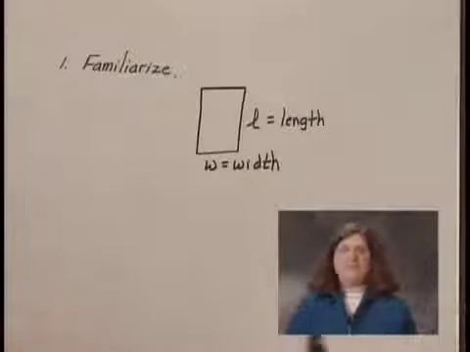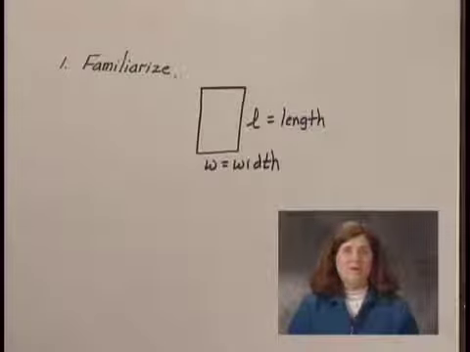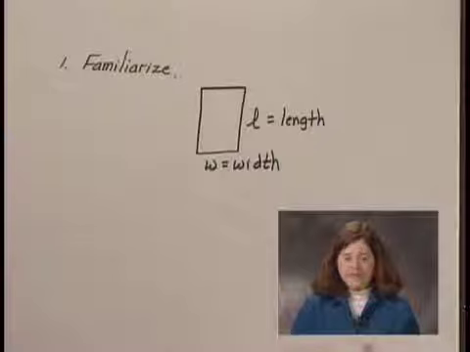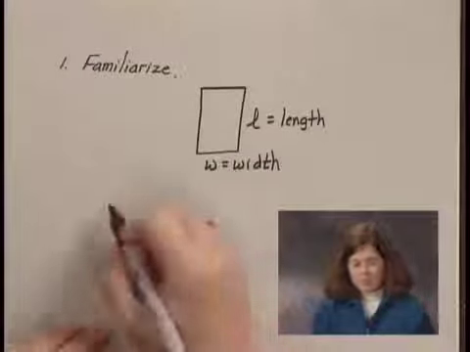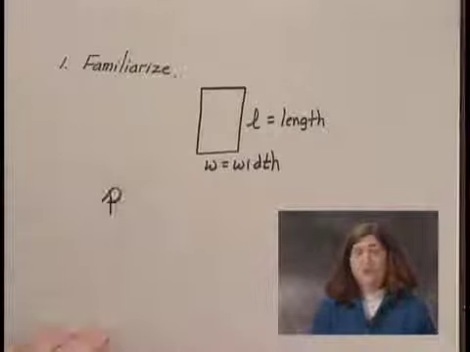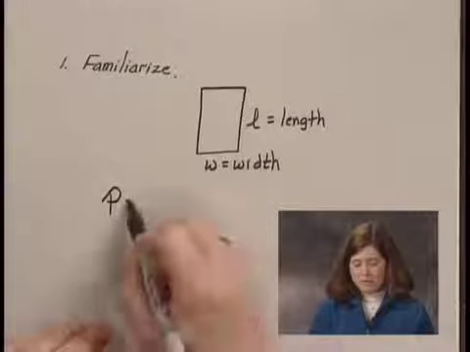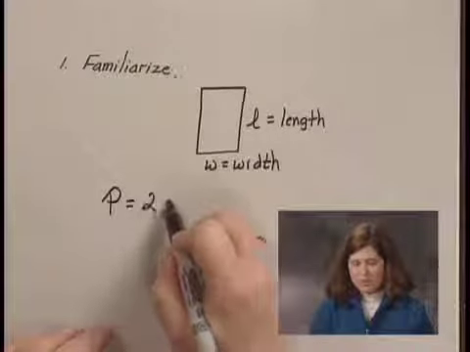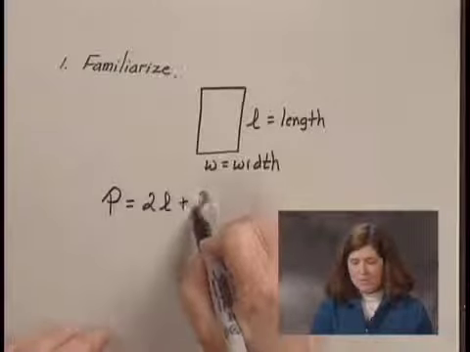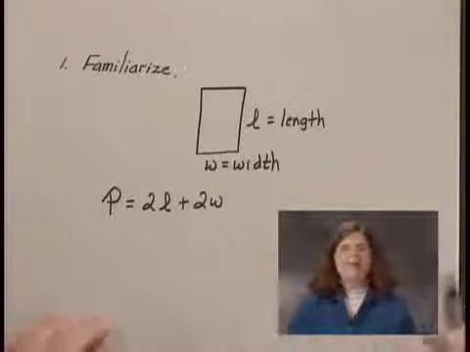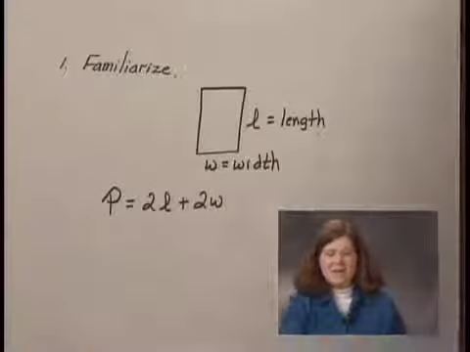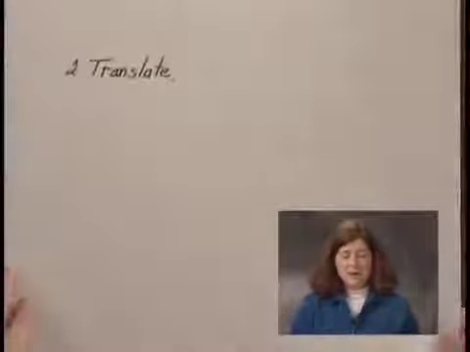Now we were given the perimeter of a rectangle. So we need to recall what perimeter is. That's the distance around the rectangle. And the formula for the perimeter of a rectangle, if the perimeter is P, is 2 times the length plus 2 times the width. I think we have enough information there to go to our next step, and that's to translate the problem to